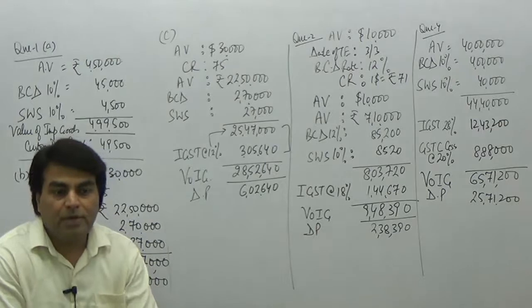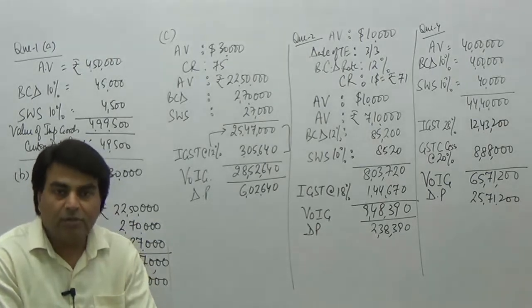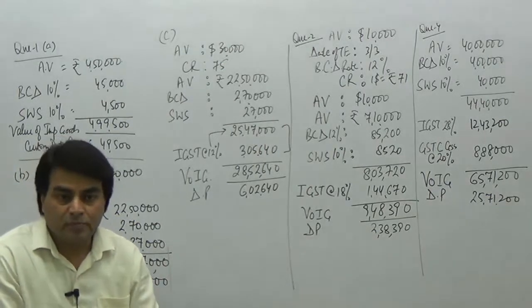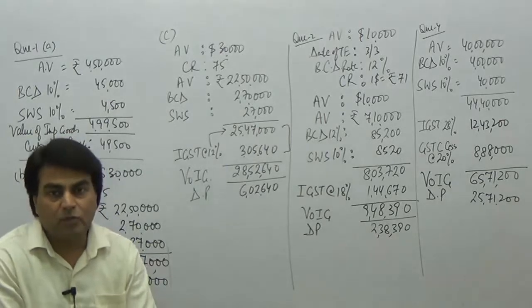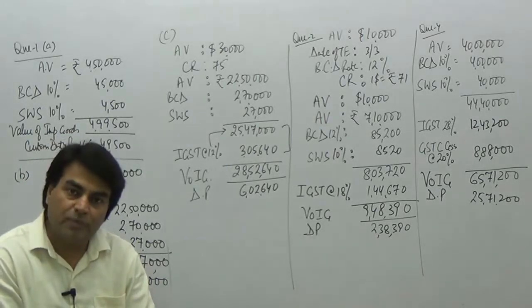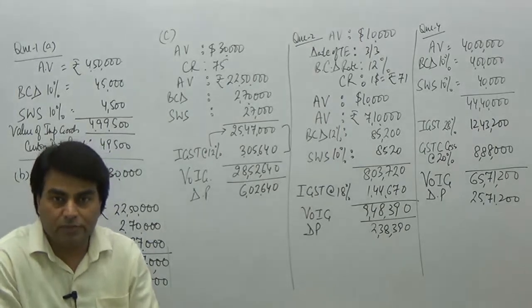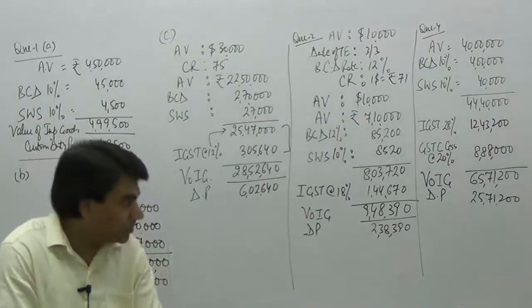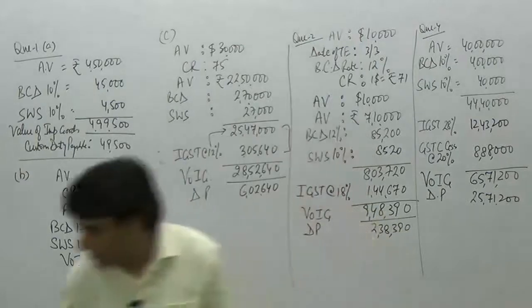Determine the safeguard duty payable by Rajesh Limited under section 8B of the Customs Act. 8B is the section for safeguarding duty. If the rate of safeguarding duty is 30%, now the rate is given. I told you that in case of safeguard, the rate is always given in the question. So this is point number A of question number 5. Let's do it now.